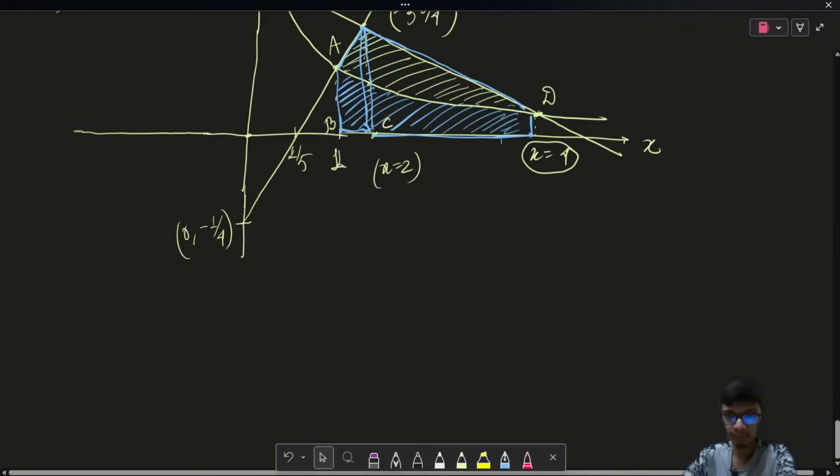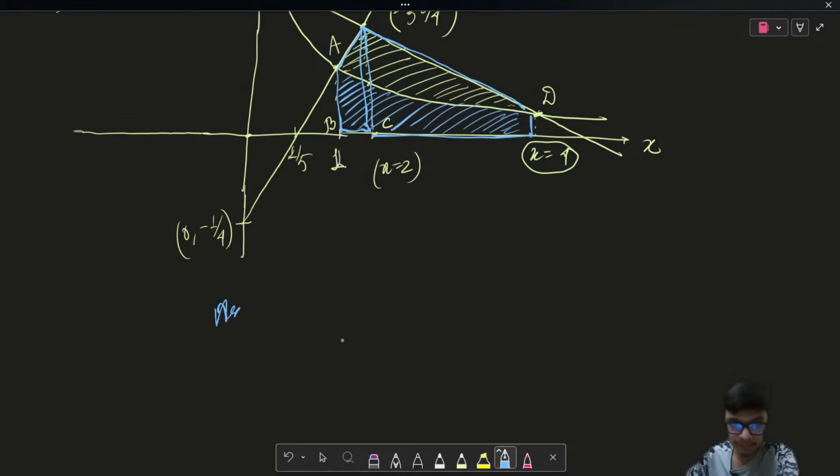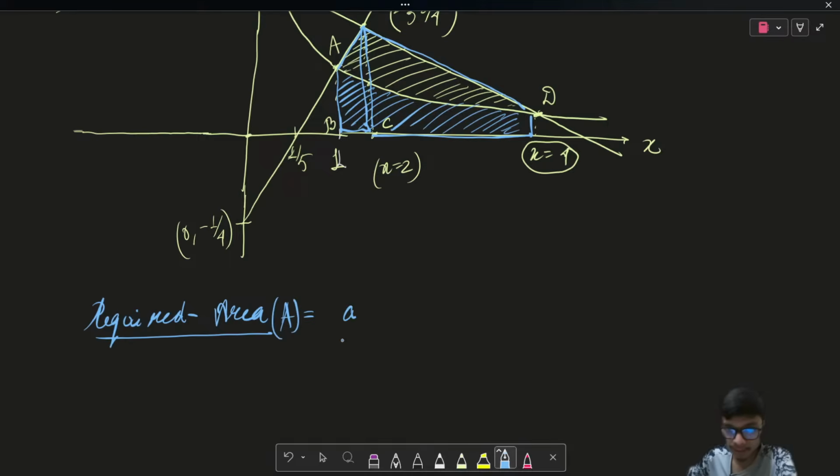So my required area, let me call it A, can be given as the sum of these two trapeziums, that is area of trap ABCP plus area of